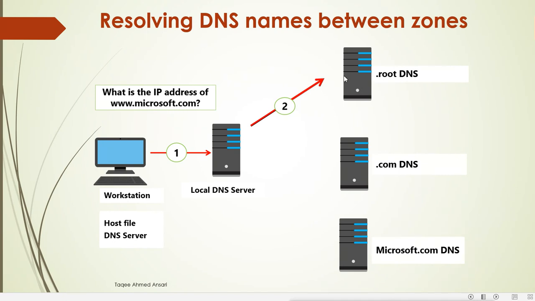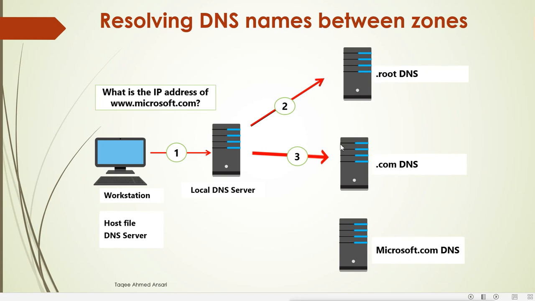So this root hint server sends the reply, and the reply is a reference to the closest .com server. It says go to the .com server where you will find the information about this Microsoft.com. Then our local server will send the query to the closest .com DNS server, the top level DNS server. Now when our query reaches this .com server, the top level DNS server, it will see what the domain name is, and the domain name is Microsoft.